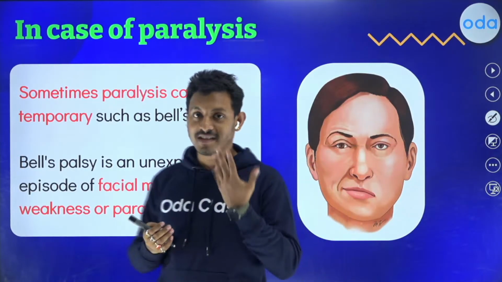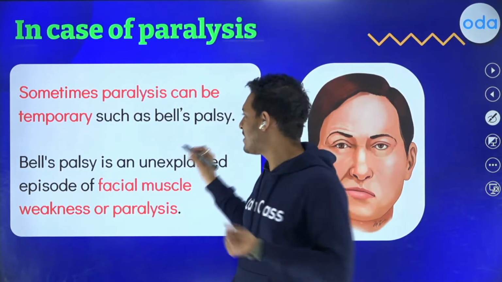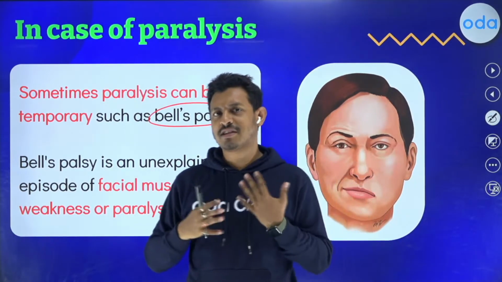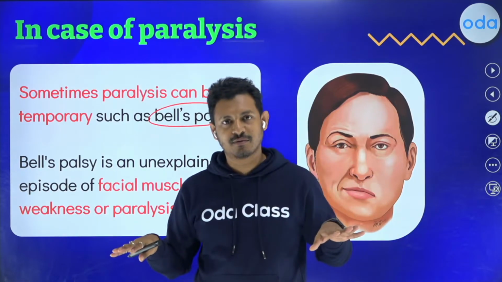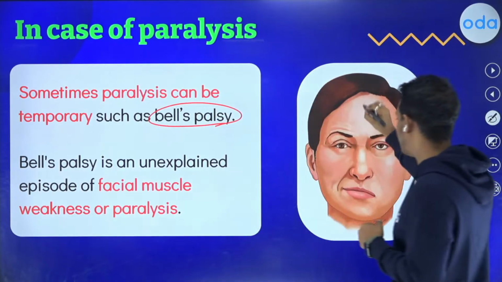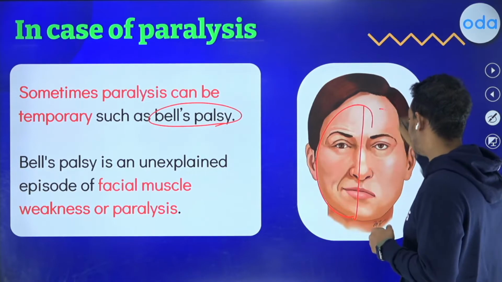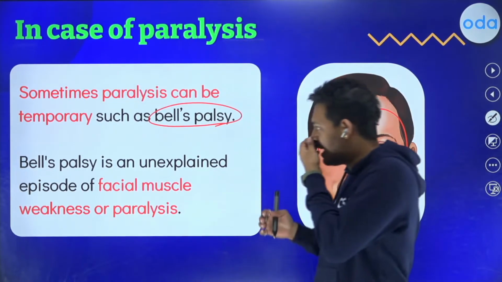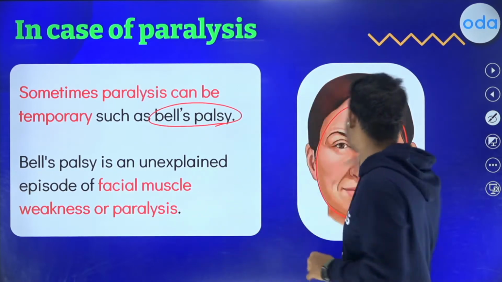Sometimes paralysis can happen in your face as well. One of the most interesting ones is Bell's palsy, in which some part of your facial muscles just loses connection with your brain, because of which you might be able to move half of your face, whereas the rest of your face will just fall flat. You cannot do anything about it. And this is just one of those cases.